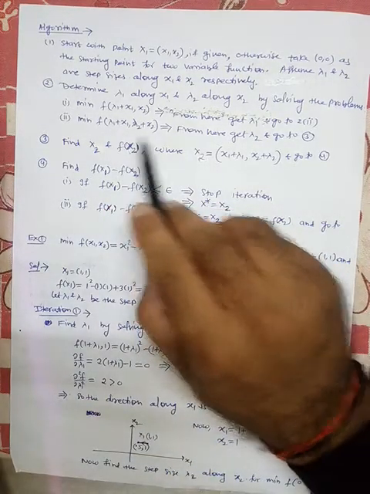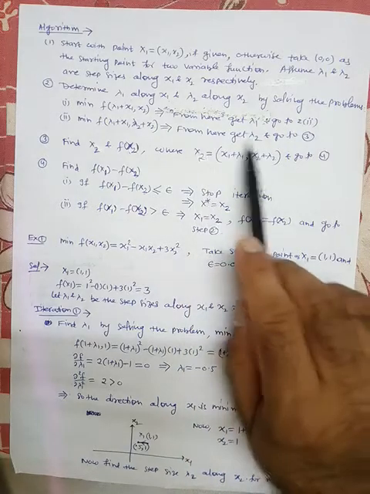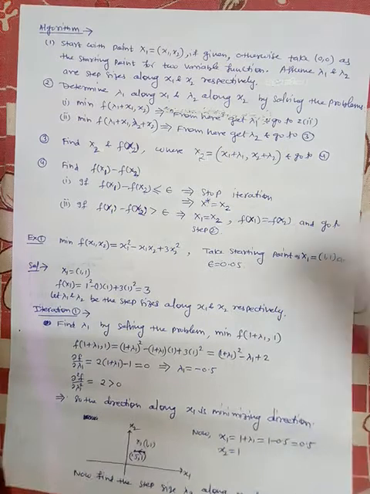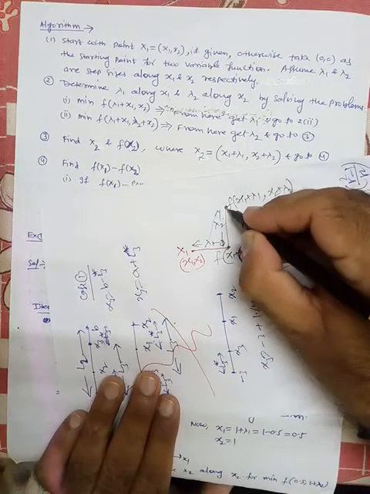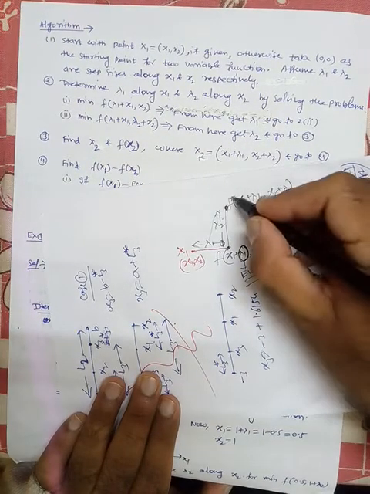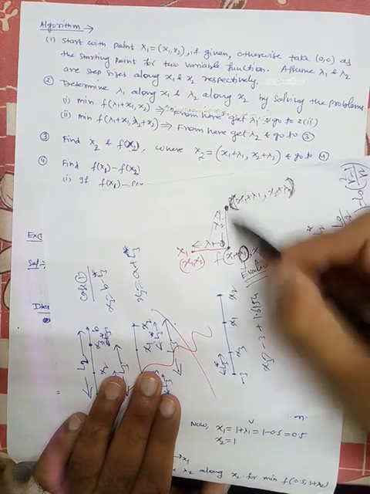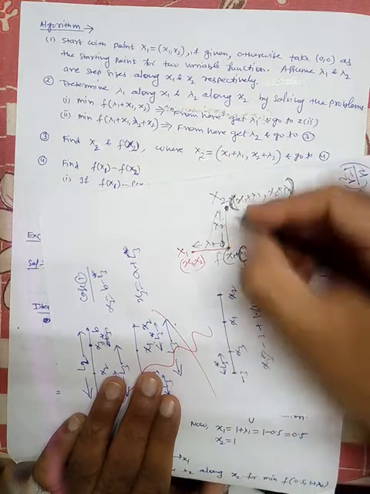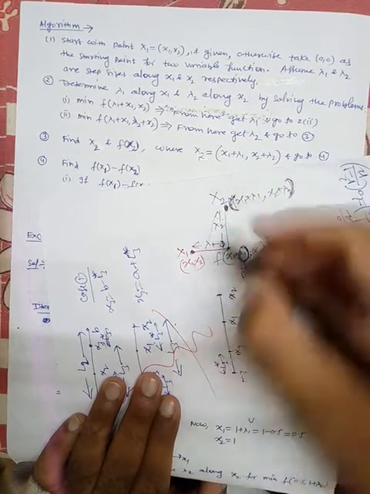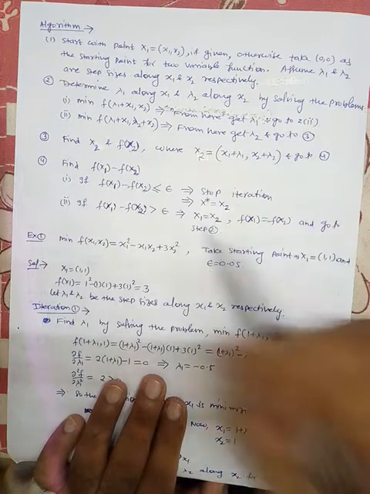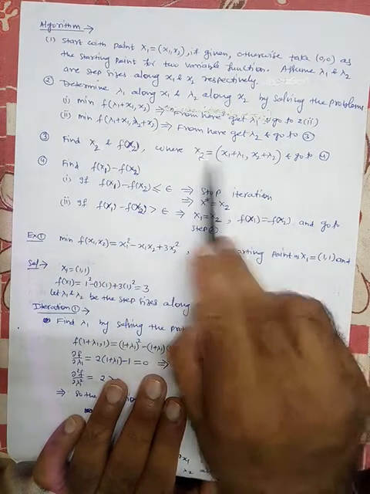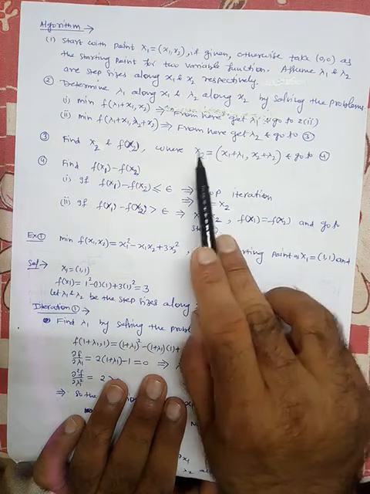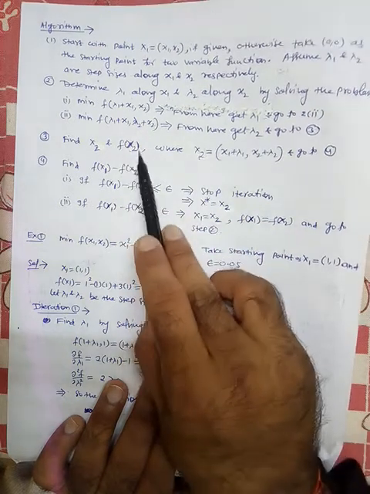So this is the meaning here. And now from here get lambda 2 and go to step number 3. After reaching this point, after evaluating this coordinate point, this point is denoted by x2. x2 is this new point. x1 is this, x2 is this. So x2, where x2 is this point, x1 plus lambda 1 and x2 plus lambda 2 is denoted by x2. Now find the functional value at this point.